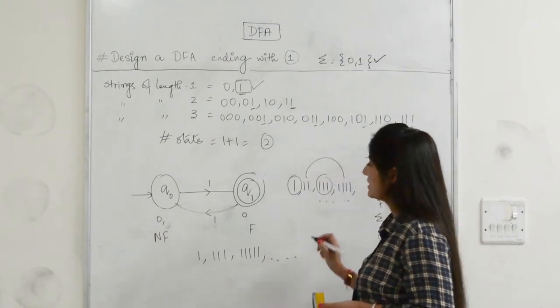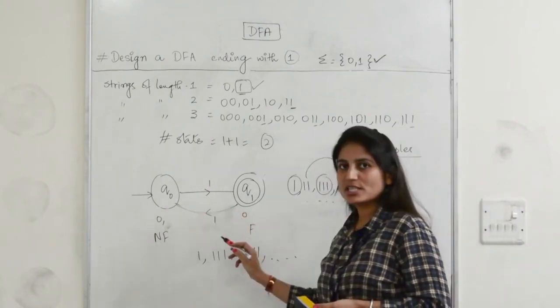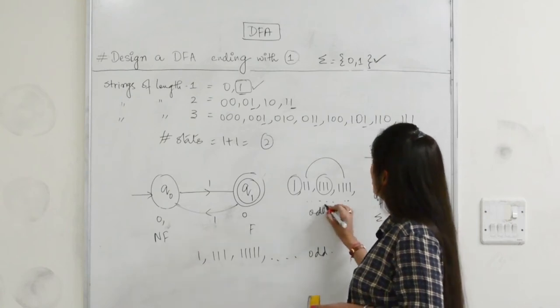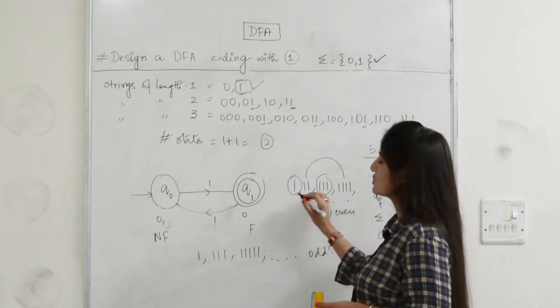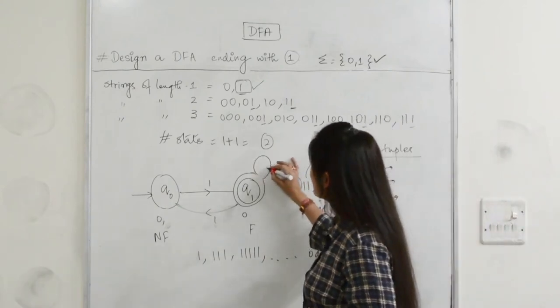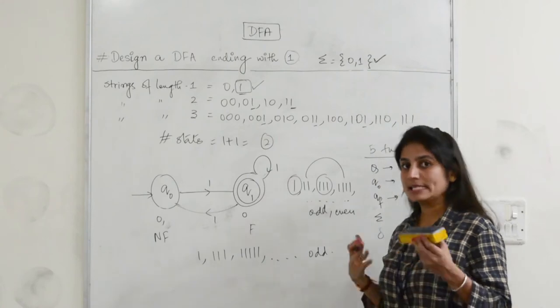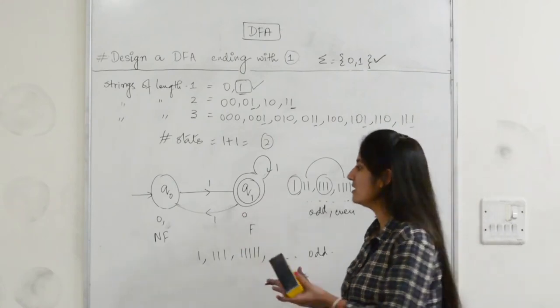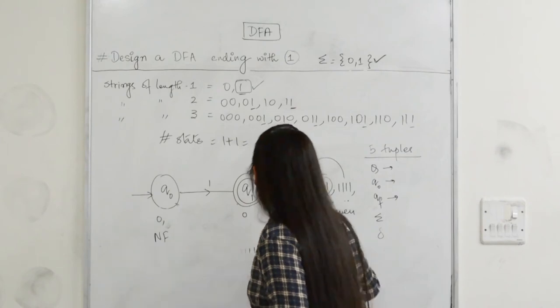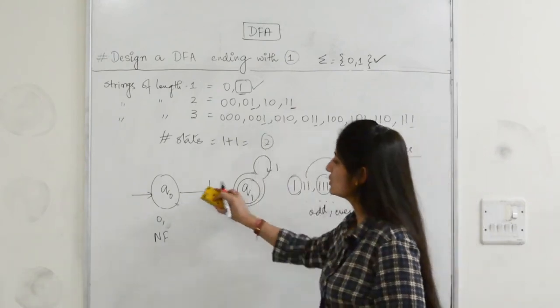If I see this pattern, this particular transition is accepting only an odd number of ones, and the other is accepting odd as well as even, which means all possibilities of ones. So we are going to prefer this particular transition because it accepts more ones. So this one will be cancelled, or you can say removed. So we have justified the ones in both the states.